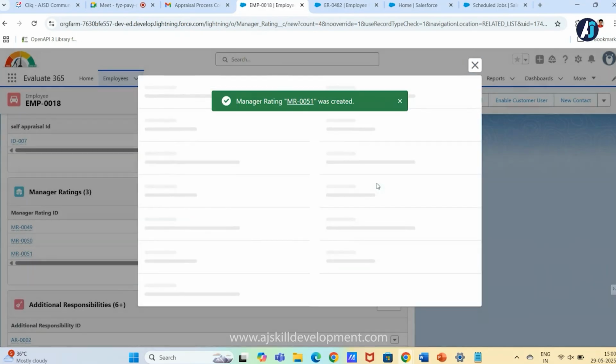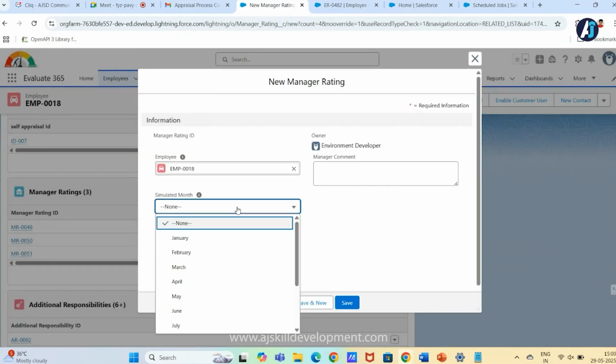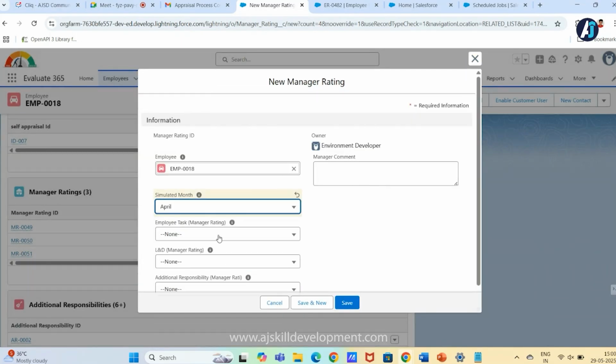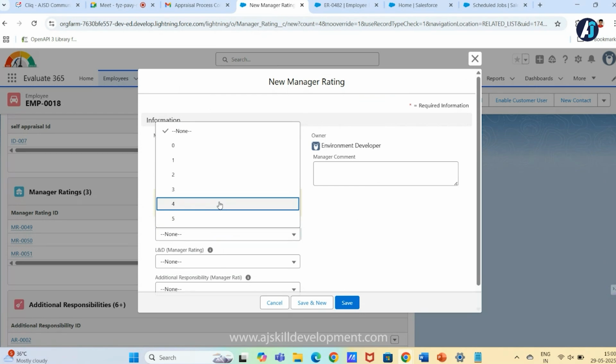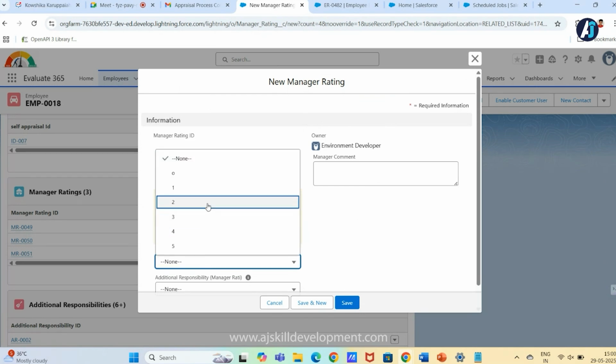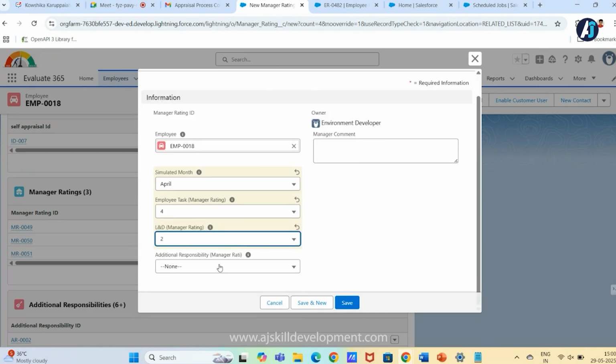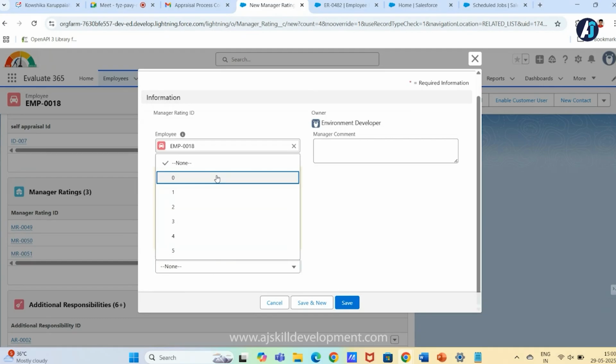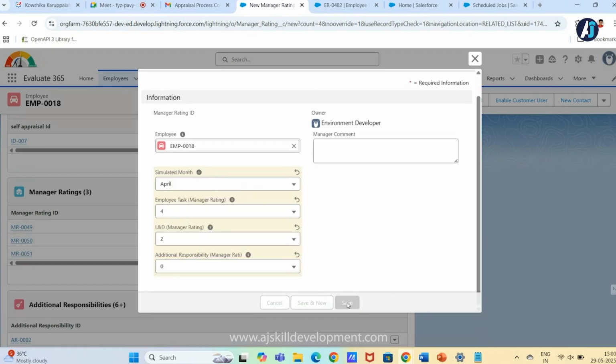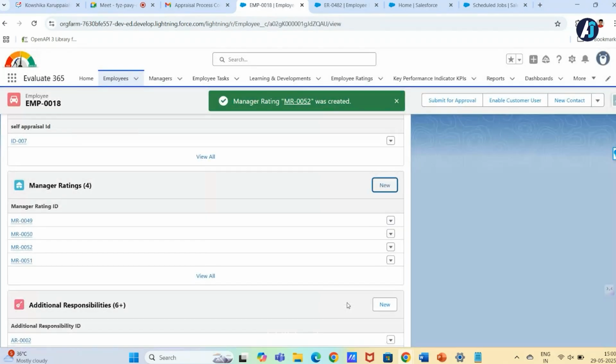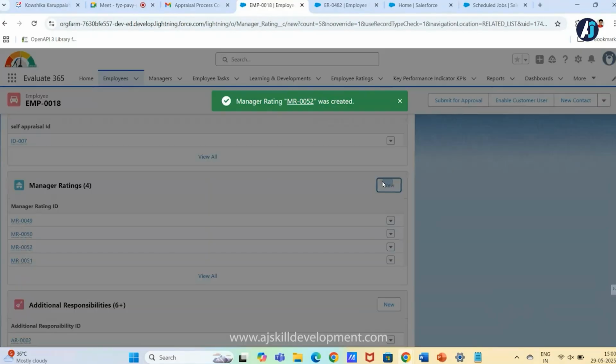Next we are going to April. Here we'll keep it as 0. Now let's create for May.